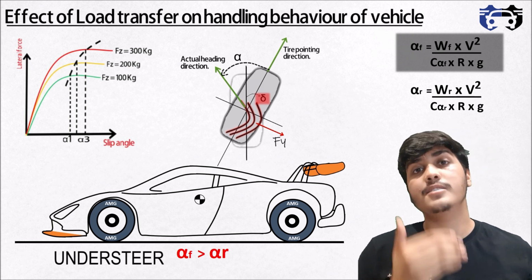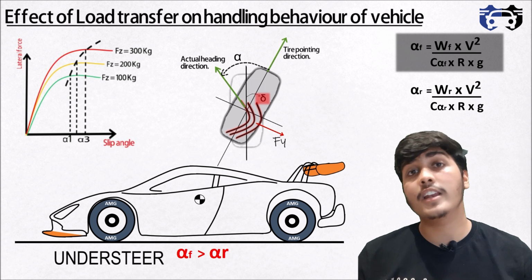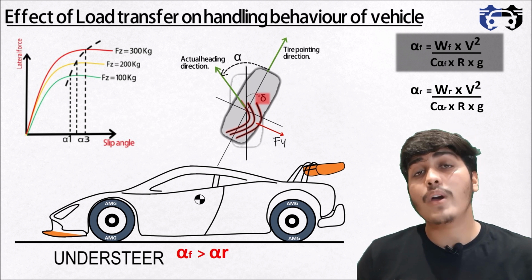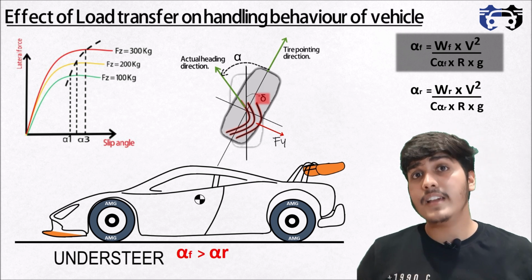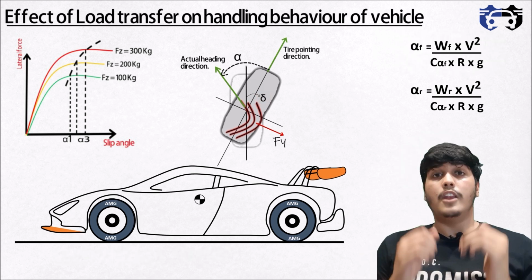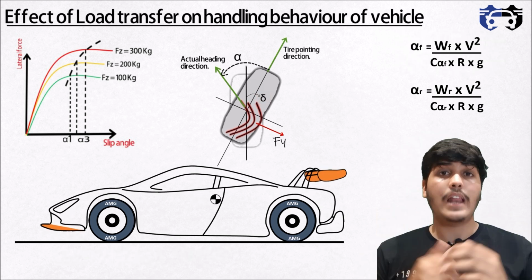So if you increase more load on the front tire, you will surely encounter understeer in some situations. This load transfer is also helpful in a case where you are having a front wheel drive vehicle. Basically, on increasing the load on the front tire, you can accelerate more with better traction. Now if you shift the center of gravity backward, what will happen?